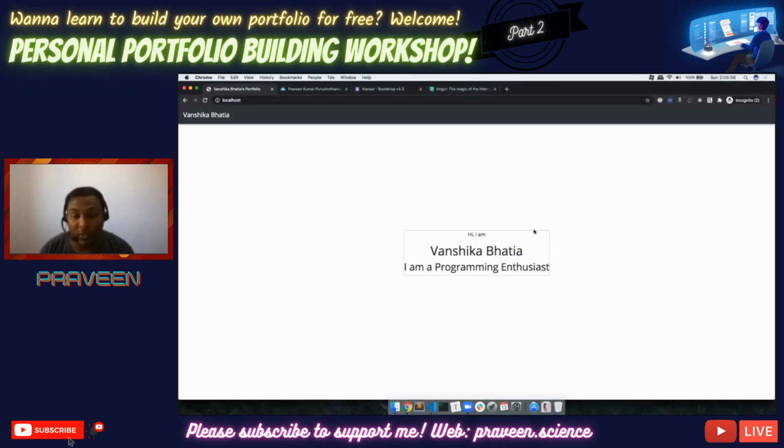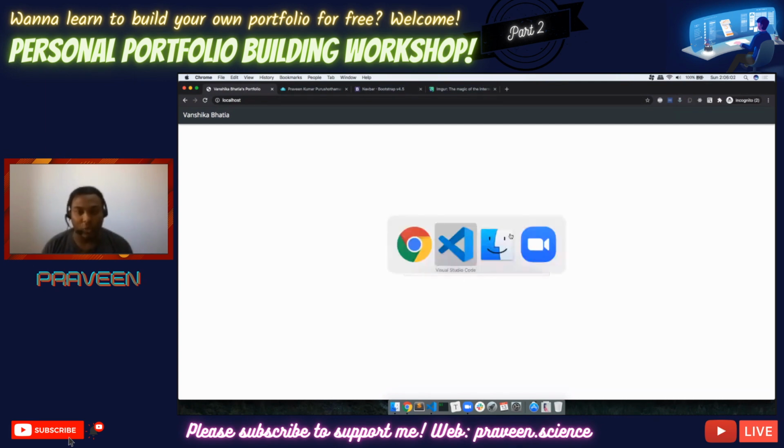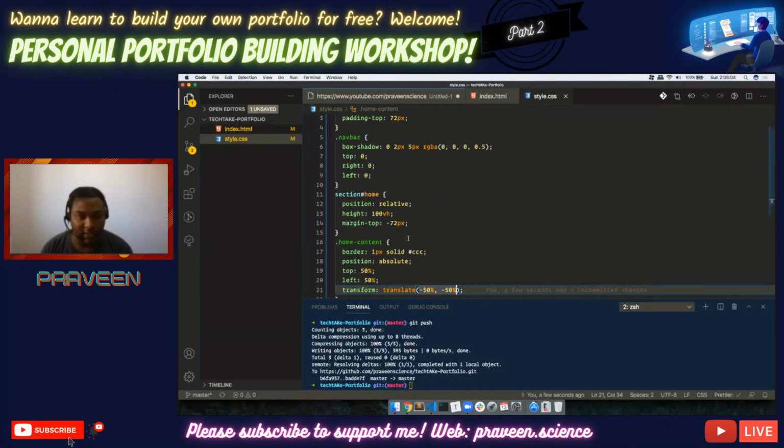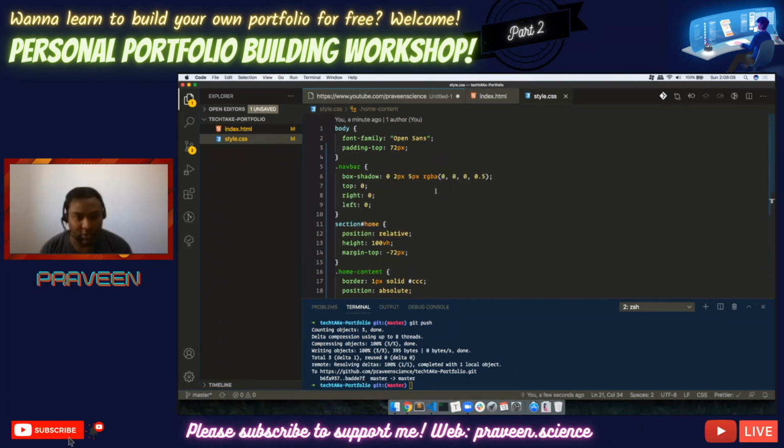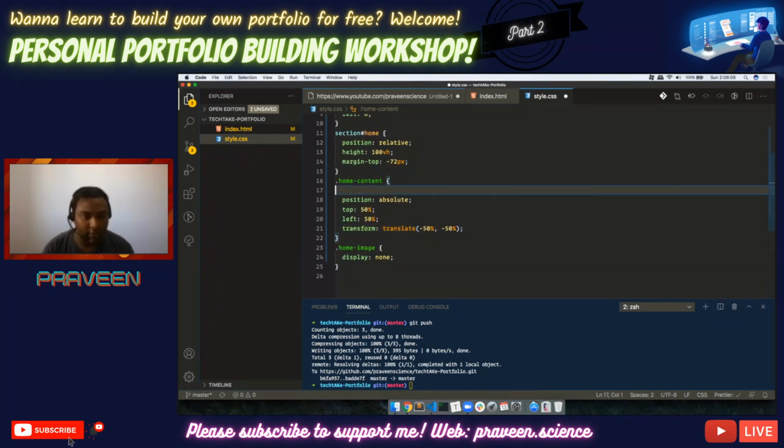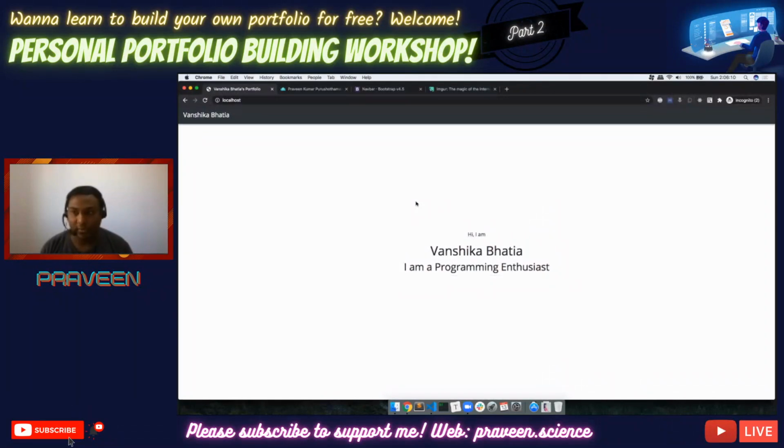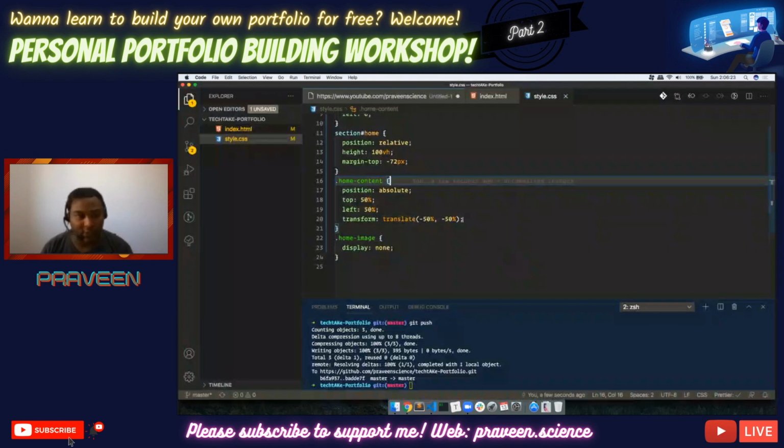So now what we will do is get rid of this simple border. The border is only for us to identify whether it is going correctly. It is doing it correctly. So I'm going to get rid of this border. Let's refresh this page and see. Okay, at this point, it looks perfect. Now the next thing we will be doing is putting the image here. Now there is no scrolling down or scrolling up or any kind of issue.